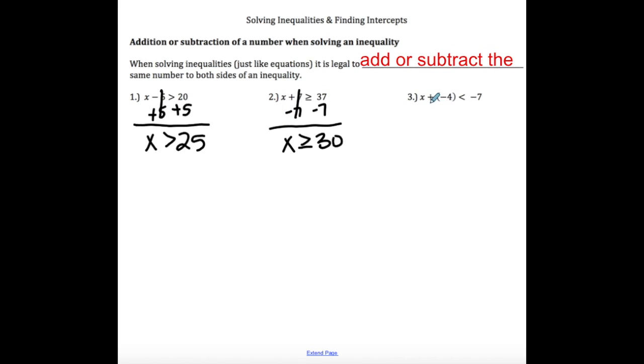On number 3, we are adding a negative 4. And so the opposite of a negative 4 is plus 4, and so we're going to add 4 to both sides. It cancels. x is now less than negative 7 plus 4, which would leave us with a value of negative 3. Next,